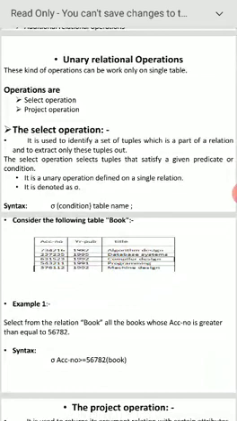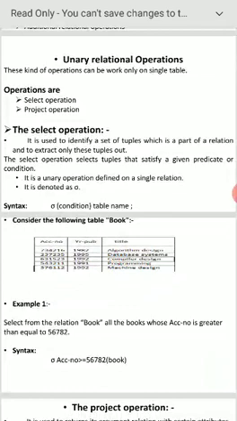First one, unary relational operations. Actually, here these kinds of operations can work only on a single table, not a different table. This type of operation is performed on only a single table. Already I have taken here an employee table, or we can take a relation.